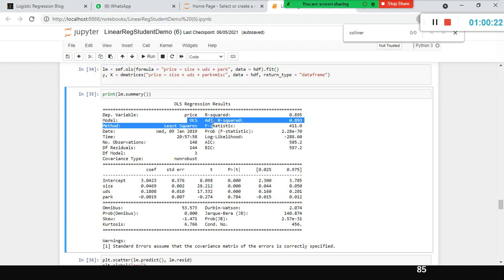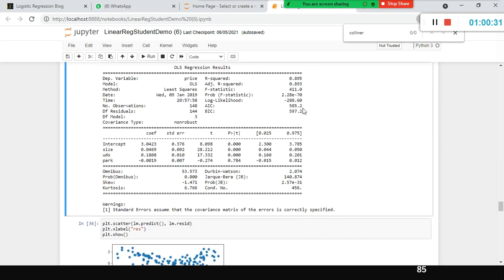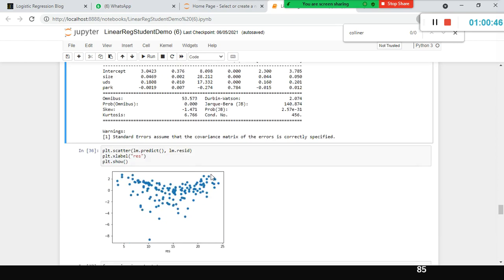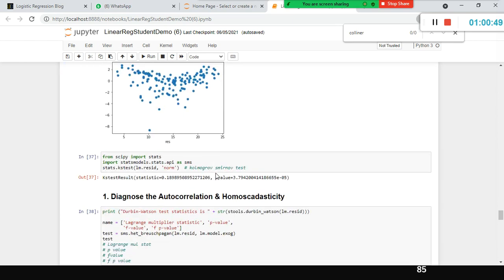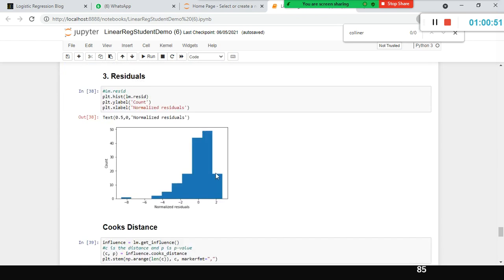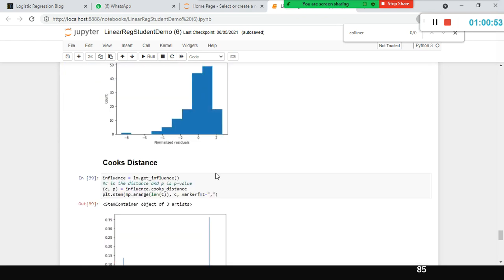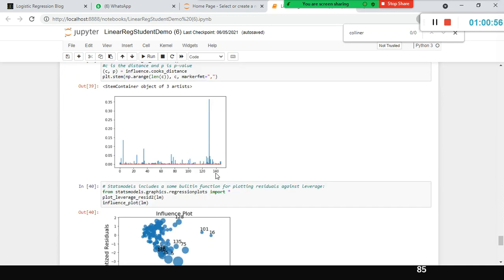The linear regression uses the ordinary least squares method, and it also gives the date time, all the residuals, and AIC. Lesser the AIC, better the model. You need to remember this one also. When I explain logistic regression, I will talk about AIC and BIC. AIC stands for Akaike information criterion and BIC stands for Bayesian information criterion. But don't worry, you are not going to learn so many terms. If you remember 20 to 25 jargons in statistics and machine learning, that is more than sufficient.